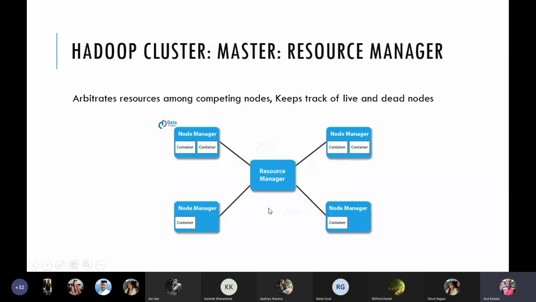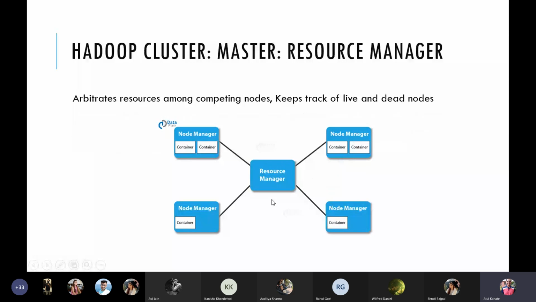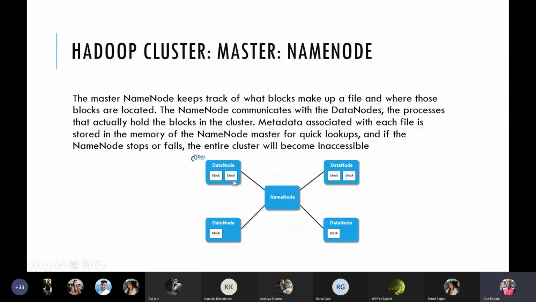So we have submitted our job to resource manager, who has given it to the node manager, who has fired or used a container which requires a file or a data set. Then the container will pass on the request to the name node saying, I need access to this file. Name node will look up where is the file located, get that block, and then will not actually bring the file back here, but instead it will take this container, that is the process, to this block.